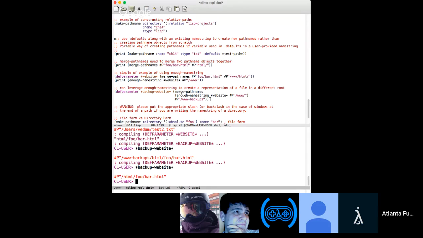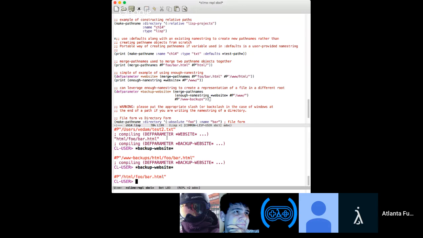So the lesson here is if you're using merge path names in the lower thing, please put a slash, or the appropriate backslash if you're using Windows, at the end to merge the path names together. Otherwise, you're going to end up having things like this where it's not actually a directory, so it silently fails, and then it still calls the function. And if you're not looking at the path that was actually returned, you're going to end up creating these random paths that probably don't exist in a lot of cases, which could lead to pretty difficult to debug bugs in your code. That's something that I learned earlier today, because usually I put it in, but I forgot it, and then I saw this little gem